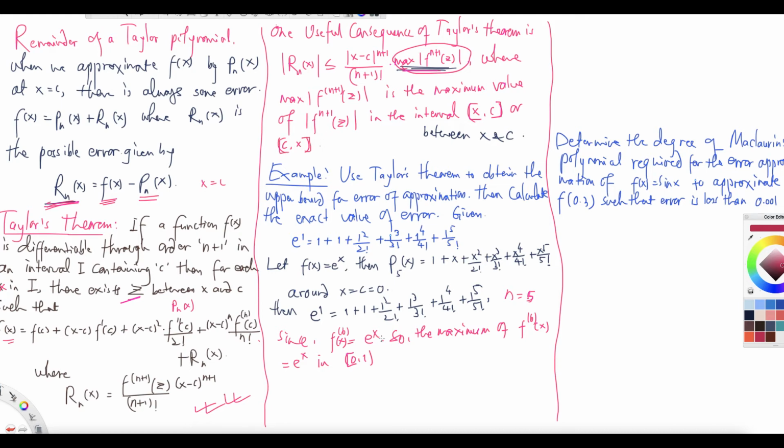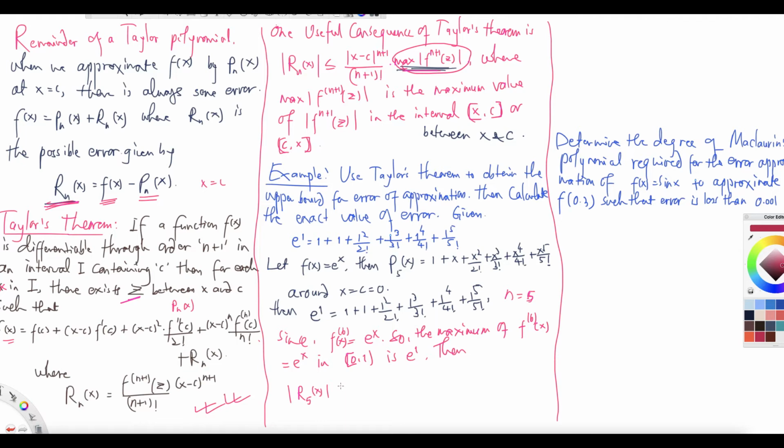So the maximum value lies on the boundary, right? Because it is an increasing function. It is e to the 1 on the right boundary. So that is the maximum value, right? So what you can write, then by that above theorem, you can write